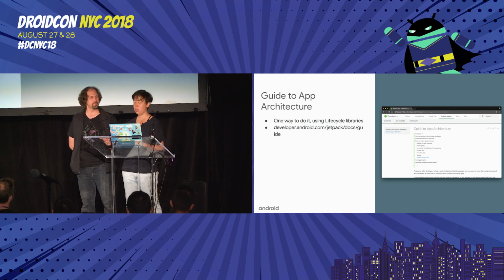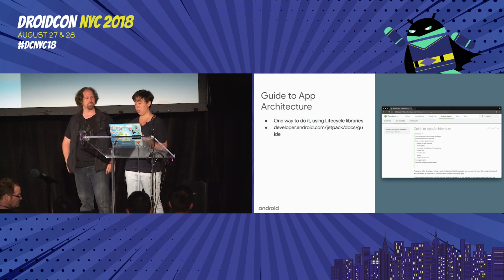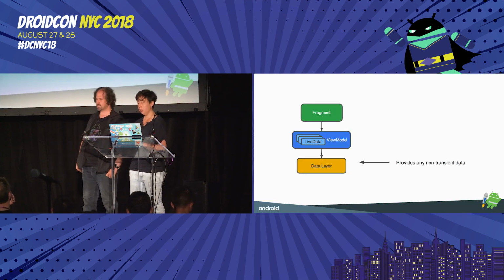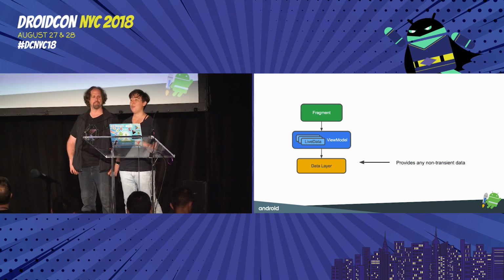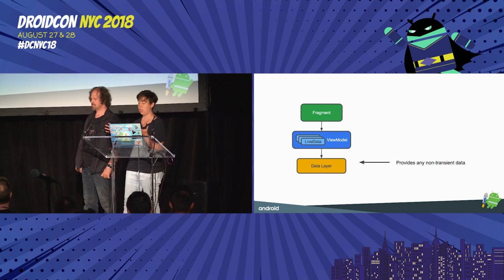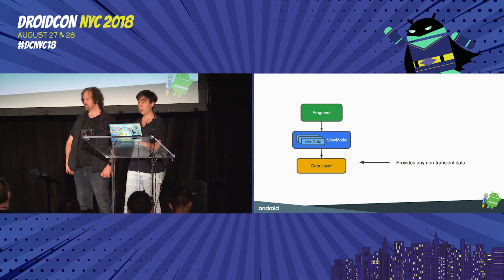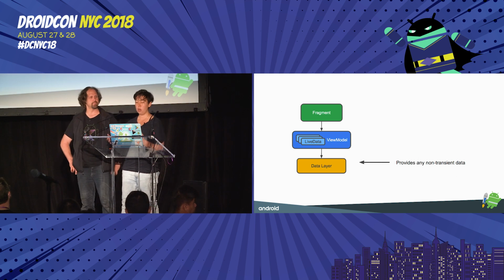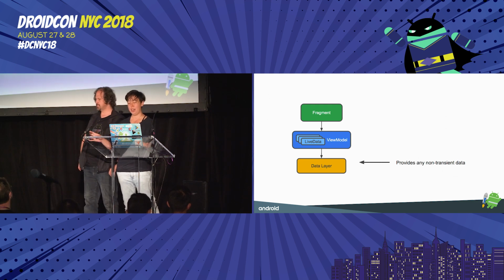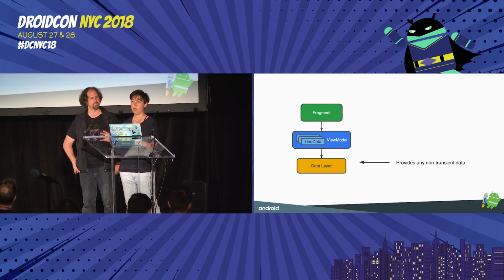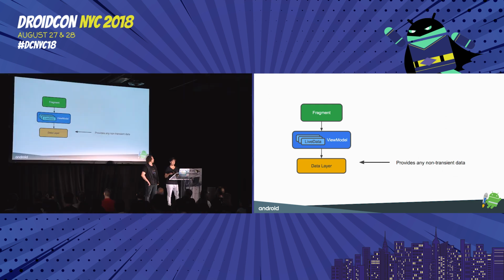So I'm going to be following that architecture, but you can map this onto whatever architecture you might be using yourself. So here's a very simplified look at what the guide to app architecture says your architecture might look like. We have our fragment up there at the top, which is communicating with a view model. And that view model can either be a fragment view model or an activity view model, depending on the level that you want to communicate between. And then we have the lower data layers, which I'm not getting into for this talk, but those would be things like your repository, stuff that's communicating with your database, or stuff that's communicating with your network.